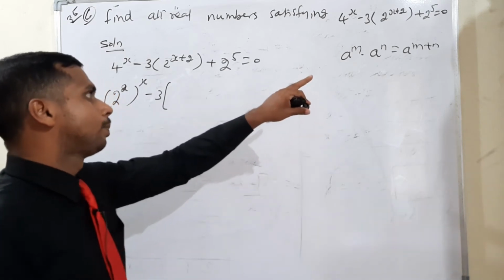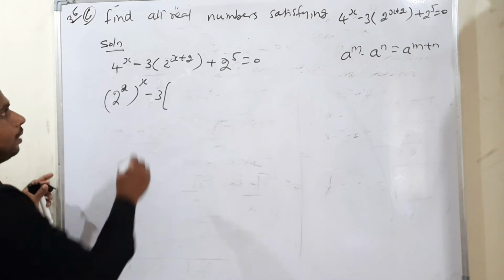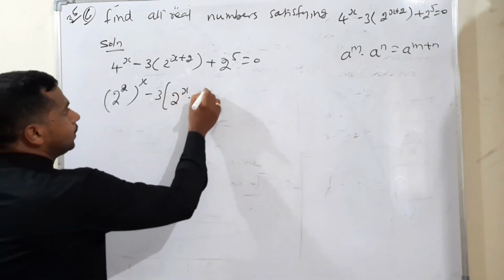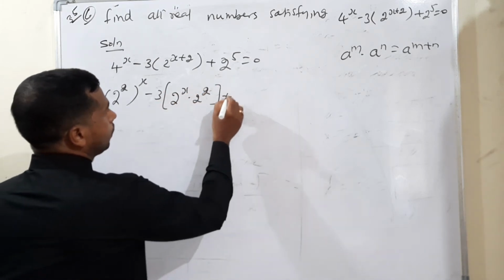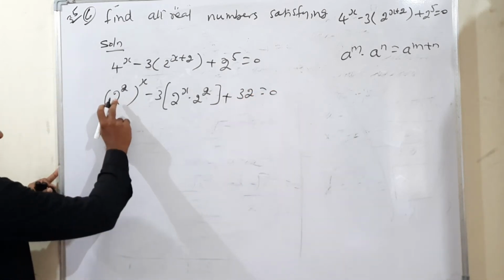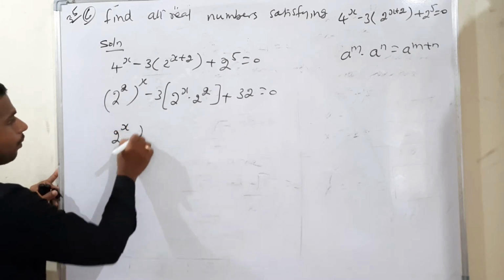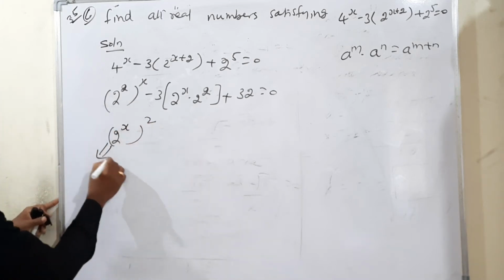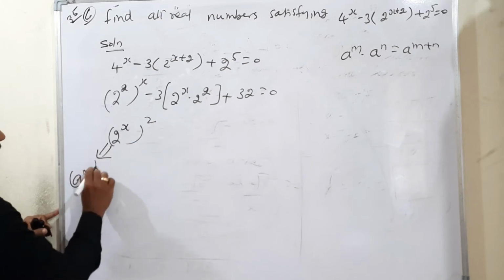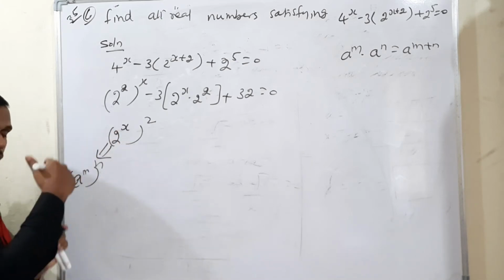Reverse it means a to the power m plus n, we can now write as a to the power m into a to the power n. Like that, 2 power x into 2 square. Next one, plus 2 to the power 5 means 32 will come. Again 2 to the power 2x, just rearrange it as 2 power x the whole square. This is considered for a to the power m the whole power n. So just replace it, instead of m, bring the power value n inside.